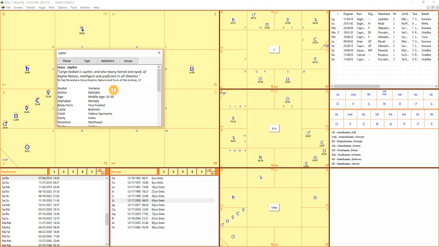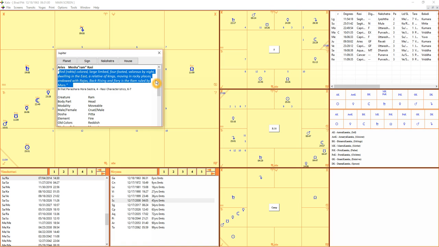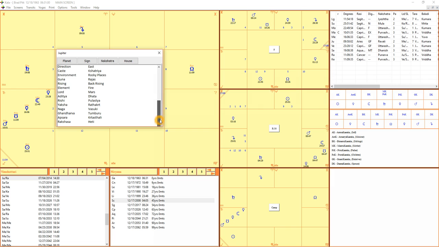And these indications are mostly from Brihat Parashara. They're also from a couple other books, but the gist of it is from Parashara. So you get the sutra, and then you get a bunch of indications on the planet. And then if you click on sign, it gives you the sutra on the sign, and then a bunch of indications on the sign. If you click on the nakshatra,